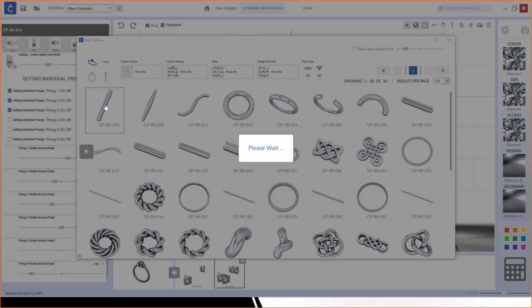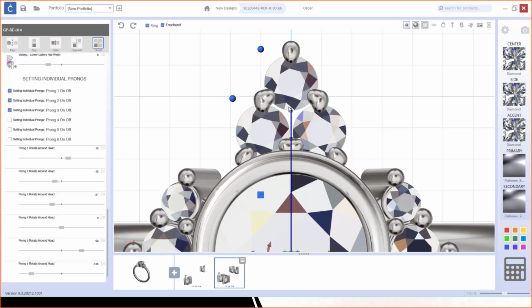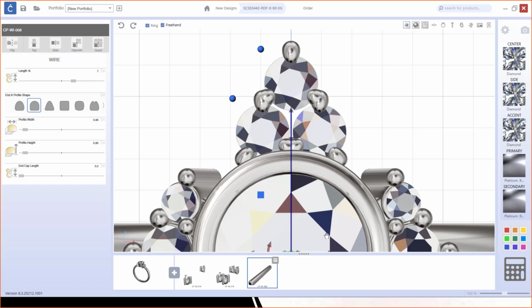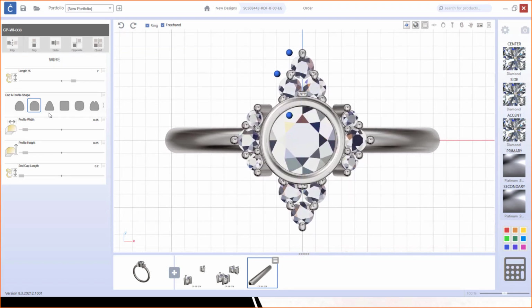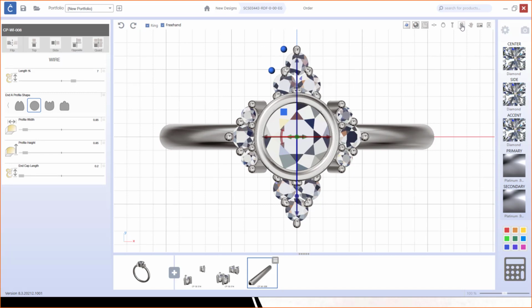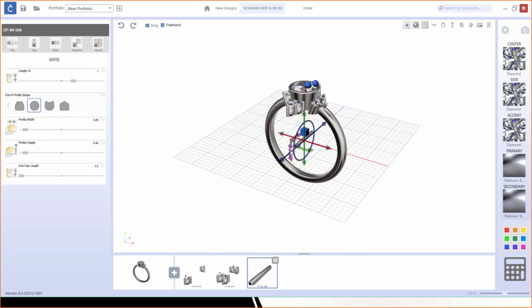We just want to make this kind of a short round prong, again to kind of live right there in the center of those 3 cluster stones. I'm going to go ahead and change the profile shape to be round because I want it to look like my other round prongs. We want to rotate this so that it is vertical and can be placed with our